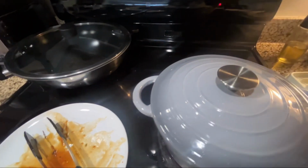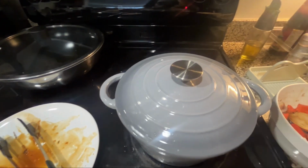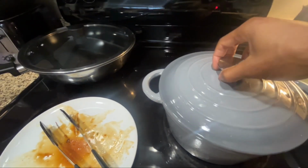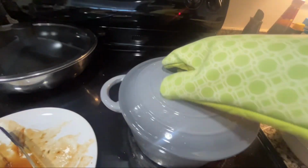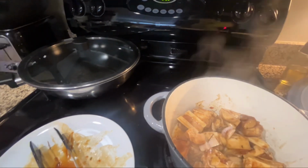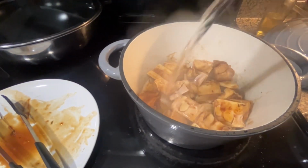Put the lid on it. And soon I'm gonna add some hot water to it. Just trying to use this steel pot, see if it can prove itself. It's very heavy. It locks in a lot of temperature. Okay, with no hesitation, let's get right into it. Whoa, easy. Alright, add some hot water,